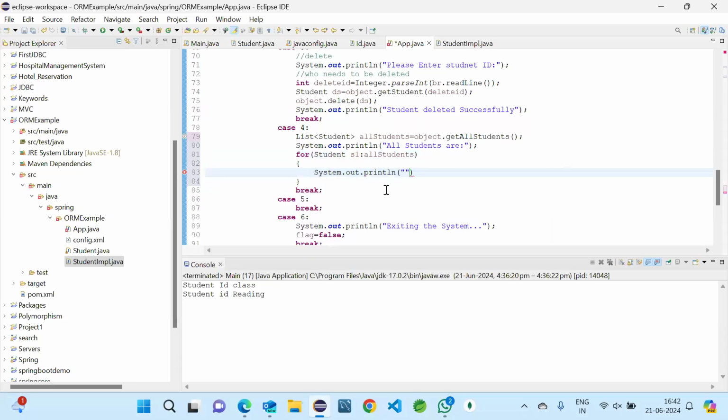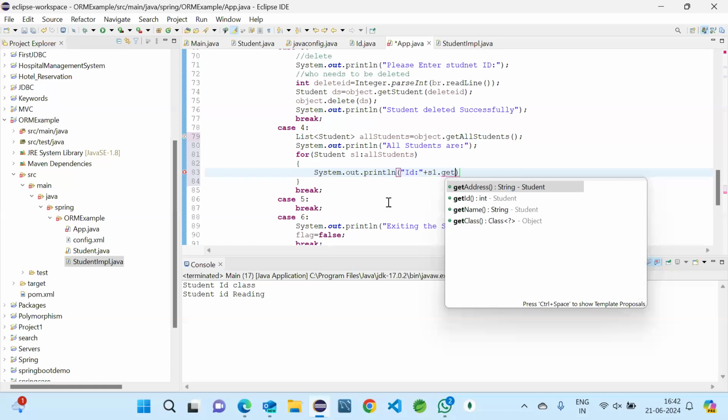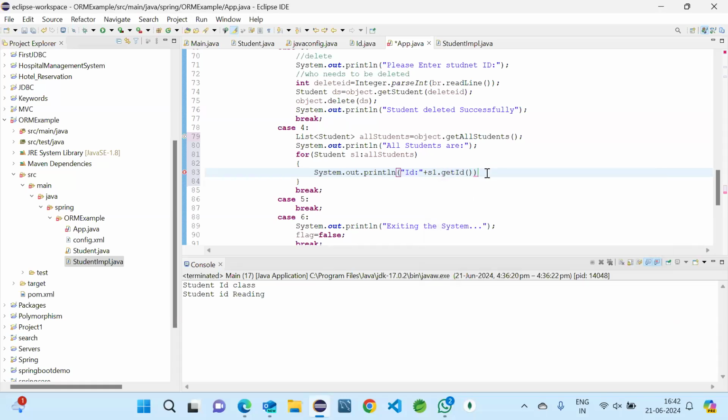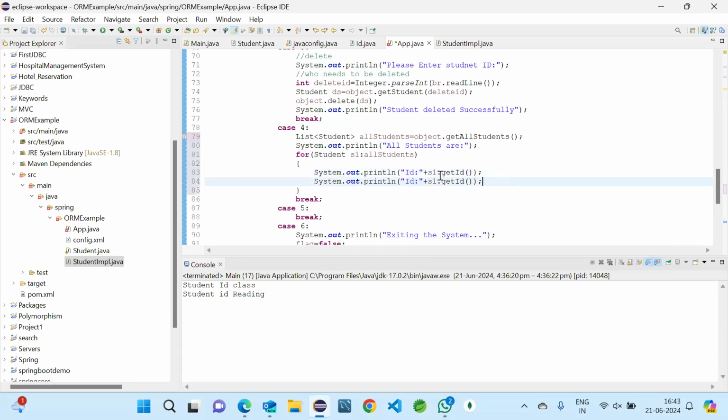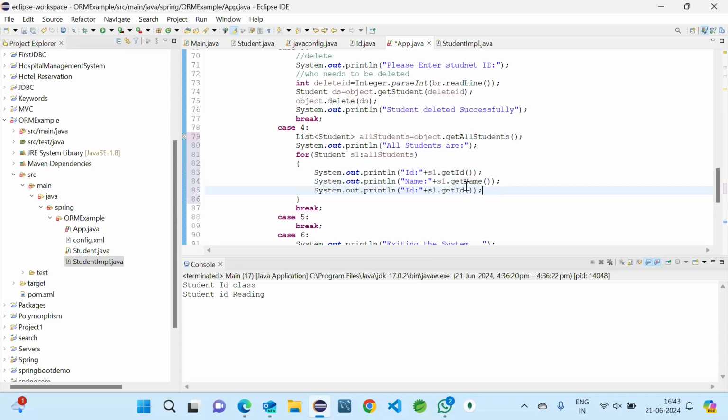Println, ID will be plus S1 dot getID, and then similarly name and address. So just take this, and here name will be getName, and the next one is address. So address will be